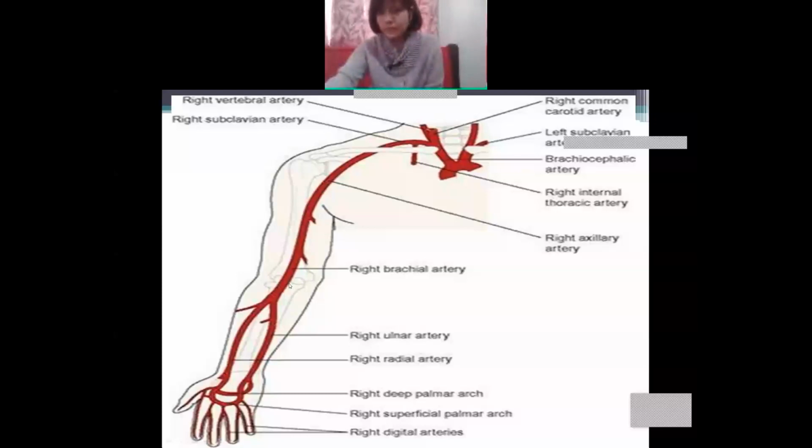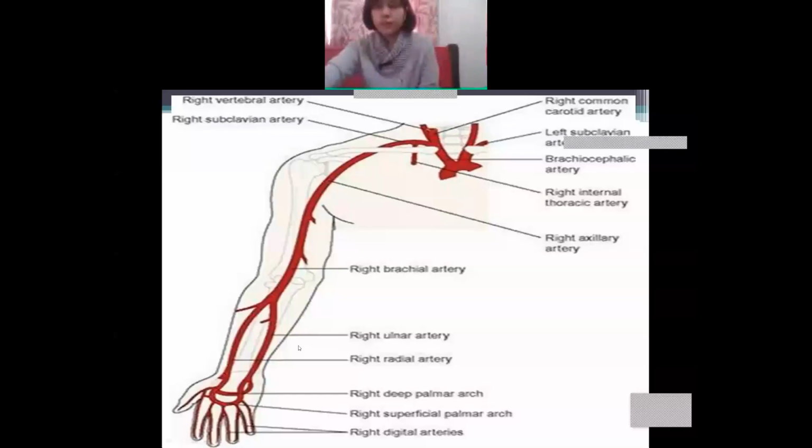So the brachial artery again it is divided into two parts. There is the ulnar artery. Ulnar artery where will it lie, means in your little finger side. And the radial artery where will it lie, means this is your thumb, right? So it will lie here, thumb side. So the brachial artery it is divided into two parts. It is the ulnar artery and the radial artery.